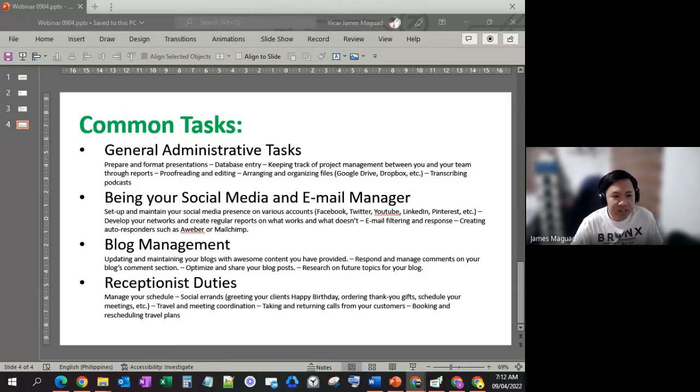So general admin tasks, ito yung isa sa mga common tasks. So common admin tasks are of course data entry, database entry, keeping track of project management between you and the other team members, proofreading and editing, arranging and organizing files sa Google Drive, Dropbox, and transcribing podcasts. So let's go through that one by one. So data entry,